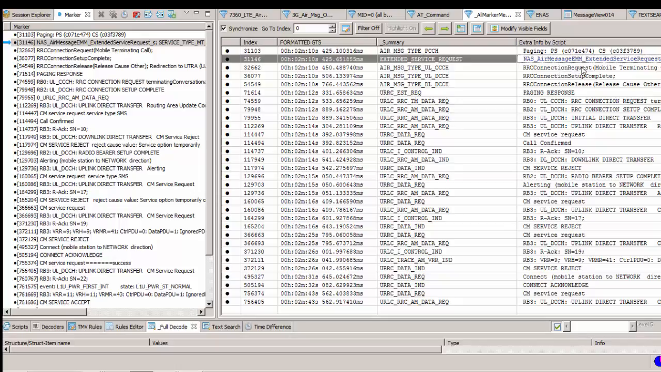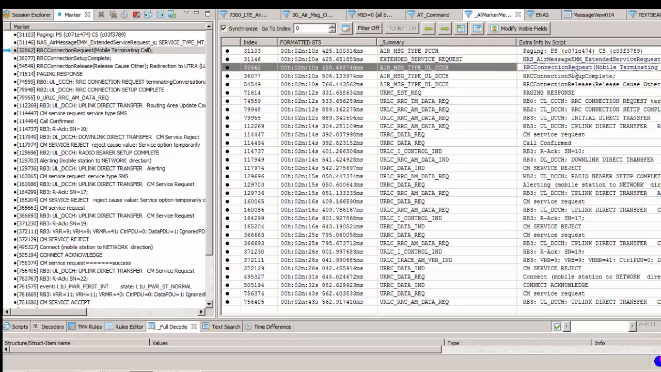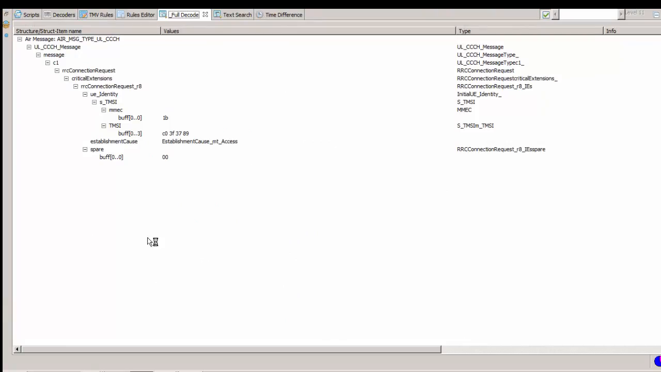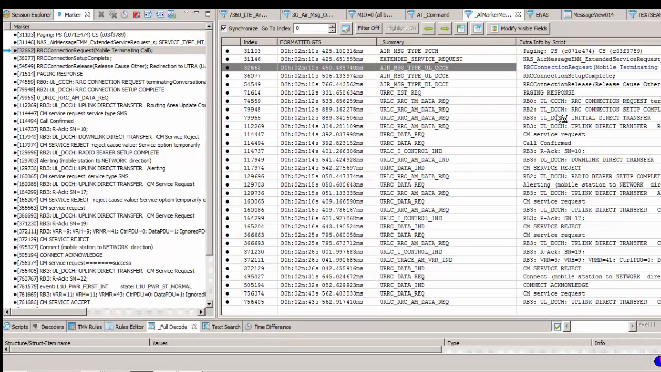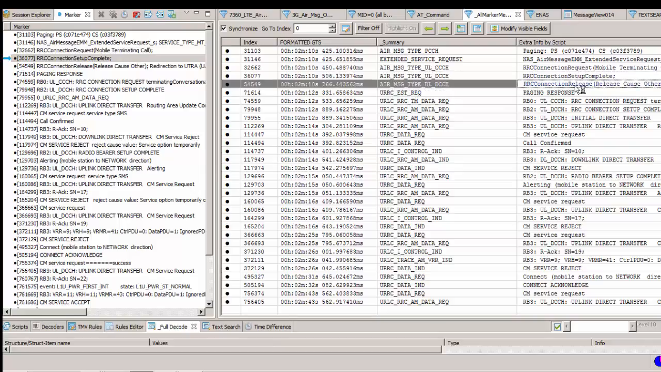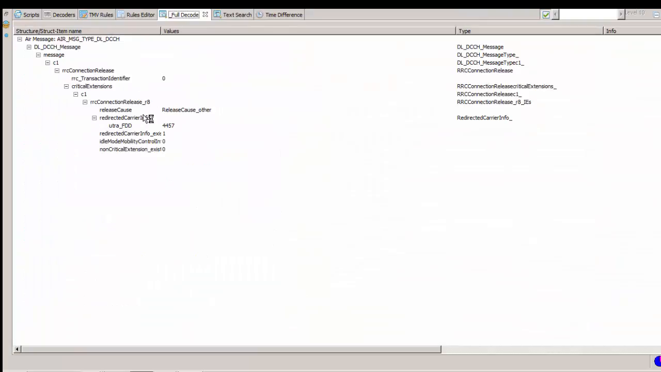After the extended service request, the RRC connection request message is triggered here for the mobile terminating call. The establishment cause is MT access. You will send the RRC connection request message with establishment cause MT access. Connection setup is completed. After that the network will send the RRC connection release. What happened here? The network will send the RRC connection release